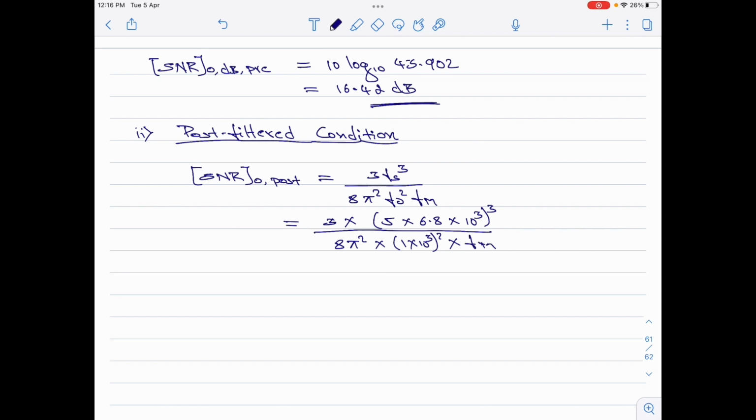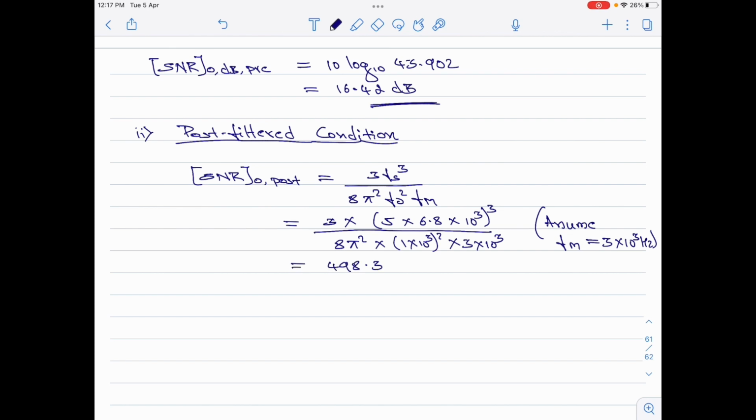Fm is not given here, so I'll just retain it as it is. I will now assume that Fm is equal to 3 kilohertz. This is a generic assumption. So, Fm is equal to 3 kilohertz. Therefore, I will now substitute the value of Fm as 3 kilohertz. So, this reduces to